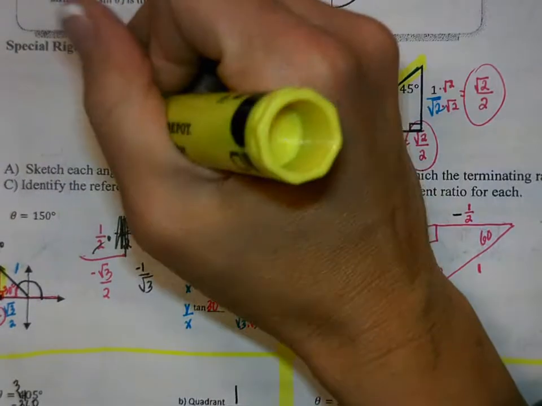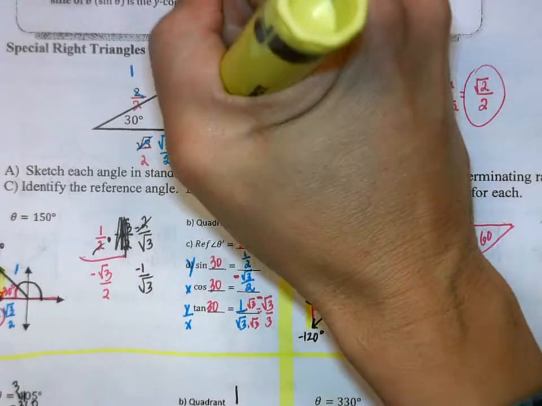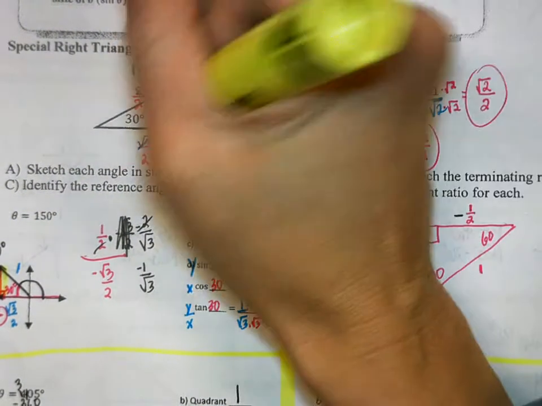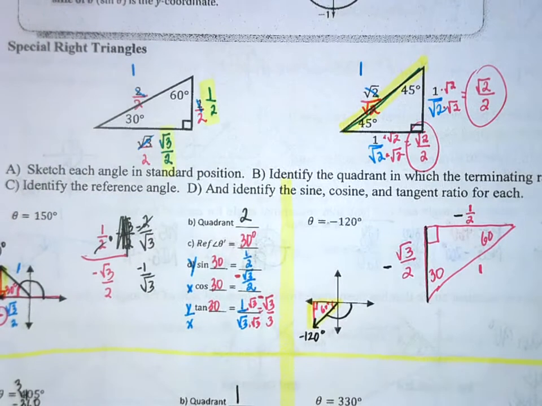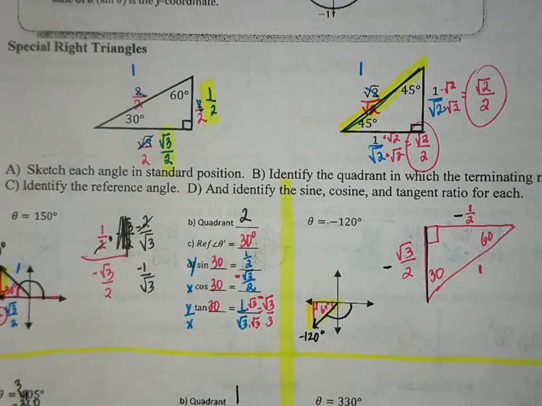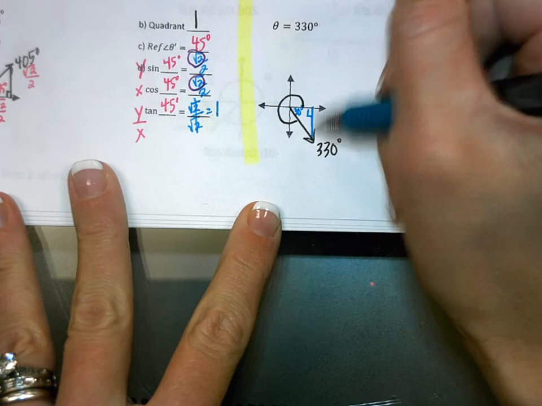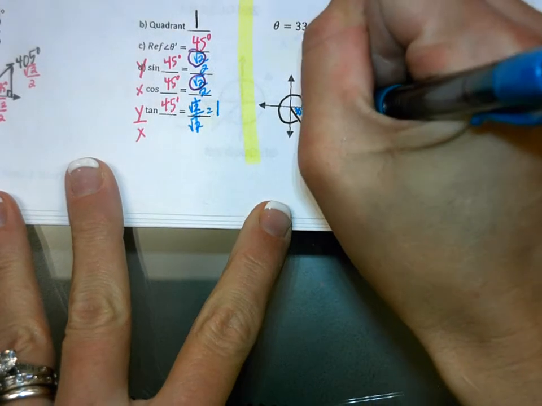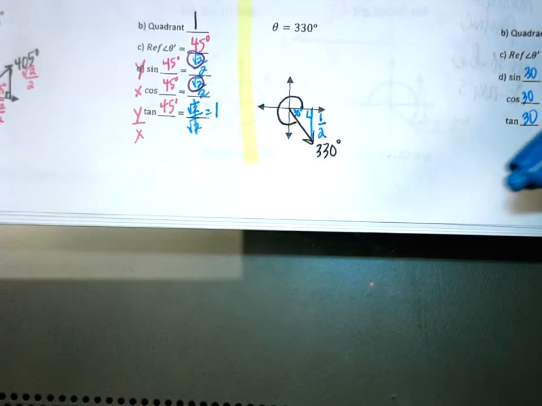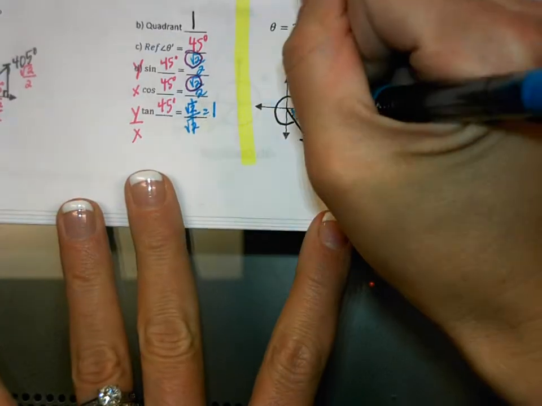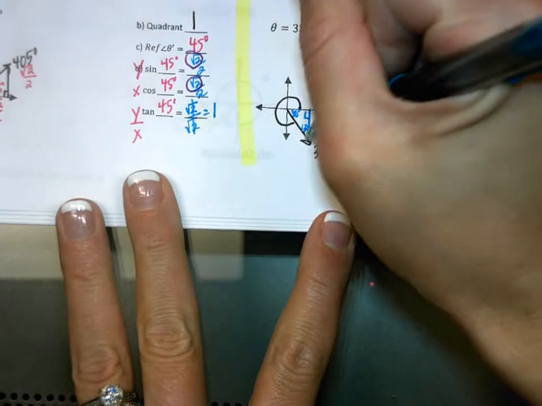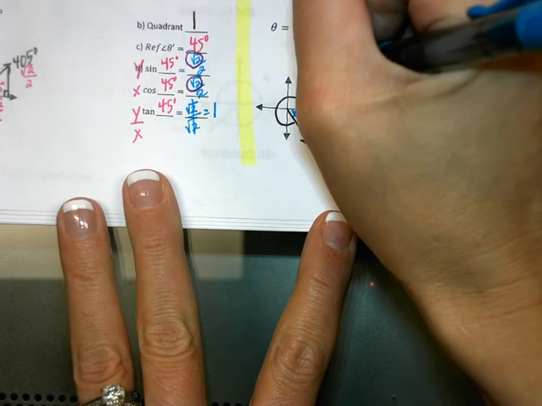So across from the 30 is 1/2, and across from the 60 is √3/2, okay? So across from the 30 is that line right there. So you should have written this as 1/2 there. And then this is, if this is 30, this was our 60, and across from the 60 is